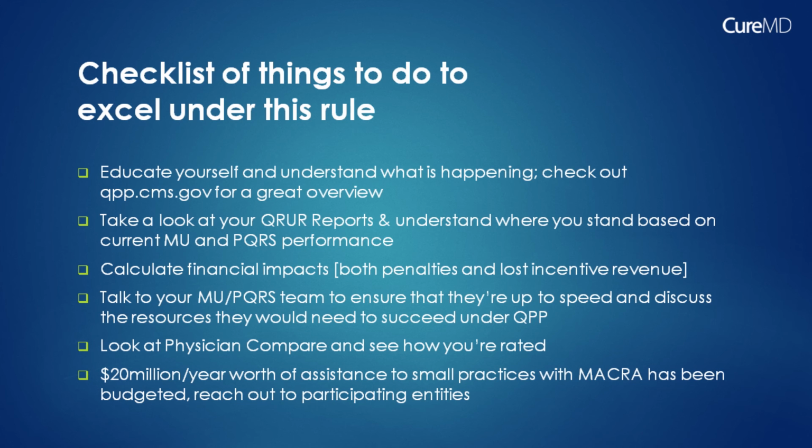So what do you need to do right now to do well, to excel under the MACRA rule? So first of all is education. You need to understand what's happening. You need to understand what your options are, whether or not there are alternative payment models that are available to you. And Medicare and CMS have created an excellent website with a lot of information that takes you through the basics to fairly advanced explanations of what's happening, and that's called the qpp.cms.gov website, Quality Payment Program. So that's your first resource, but there are tons of people doing webinars, and very, very good webinars that you can look at, but you can always come back to us